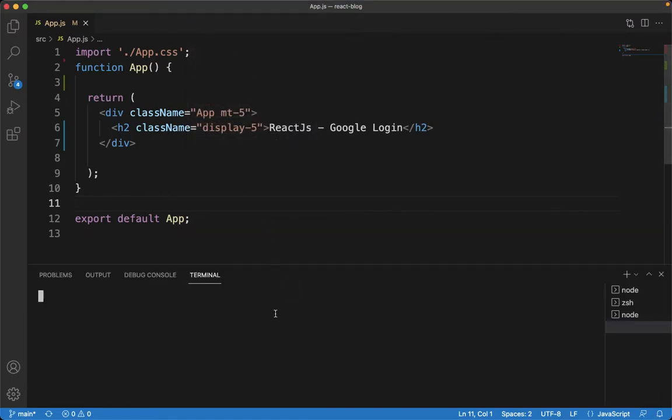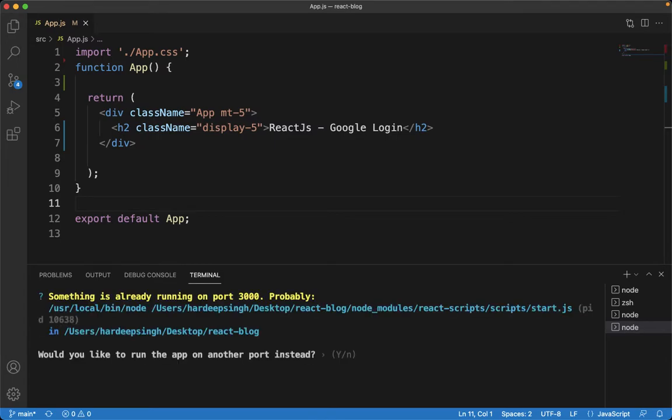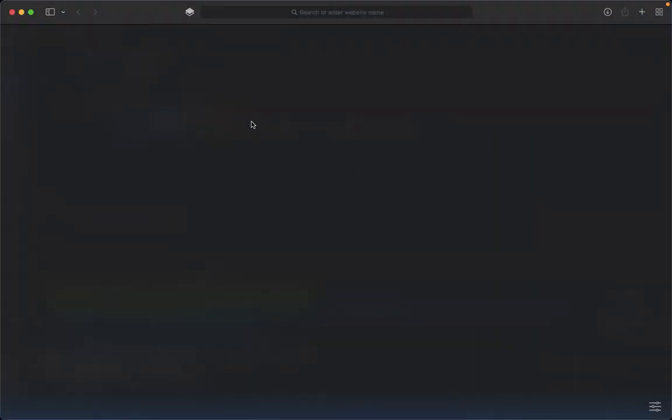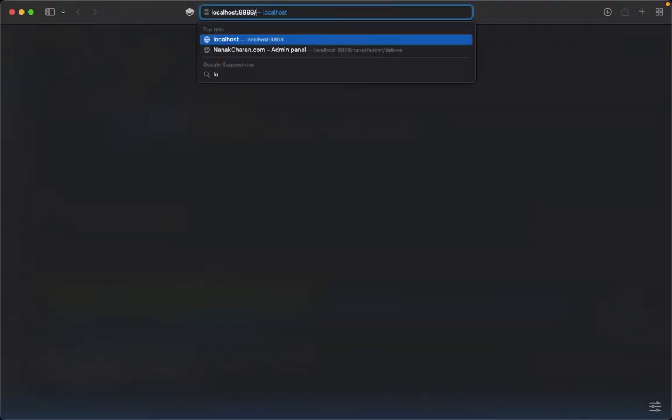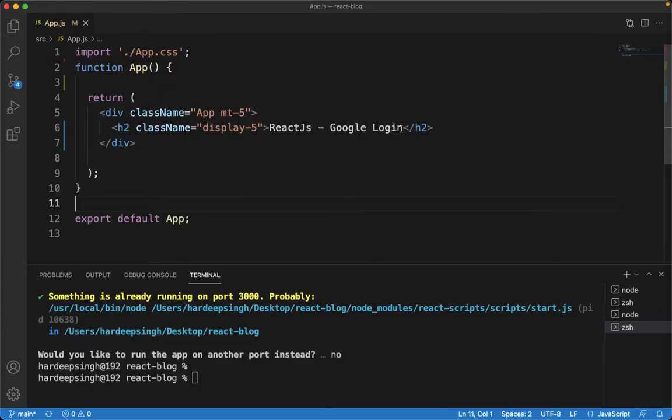Okay, now I will run the command npm start. It will go to the browser and initialize your server. Now let me put here 3000. Here is our project going on. Let me check. Yeah,